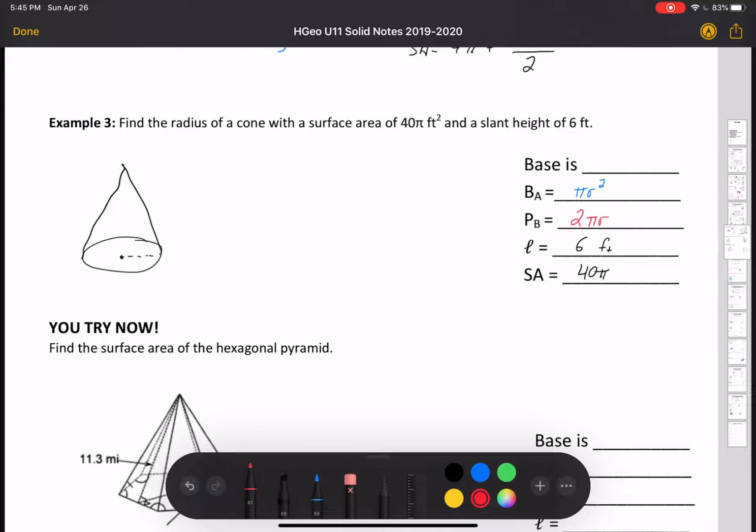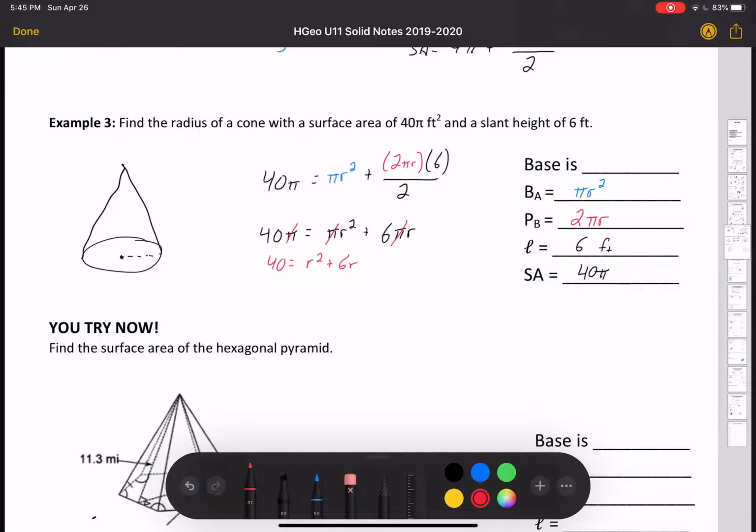So if I set up what I know within my surface area formula, it's going to be surface area, which is 40 pi, equals area of the base, which is pi r squared, plus perimeter of the base, which is 2 pi r, times the slant height, which is 6, divided by 2. After simplifying this, I'm going to get 40 pi equals pi r squared plus 6 pi r. What I'm going to do now is divide everything by pi. And when I do that, the pi's are going to go away and leave me with 40 equals r squared